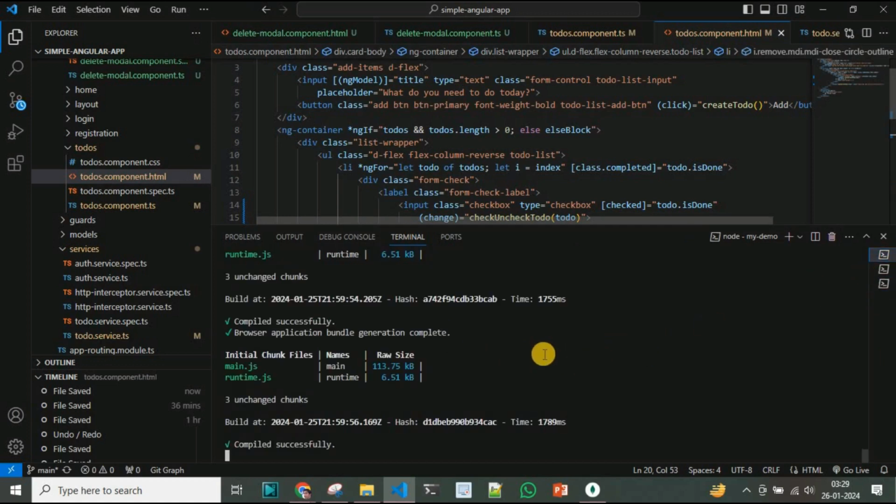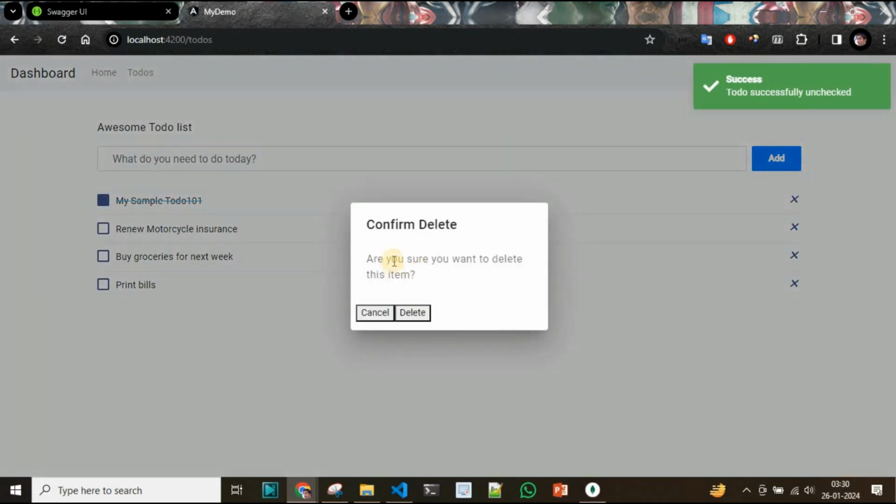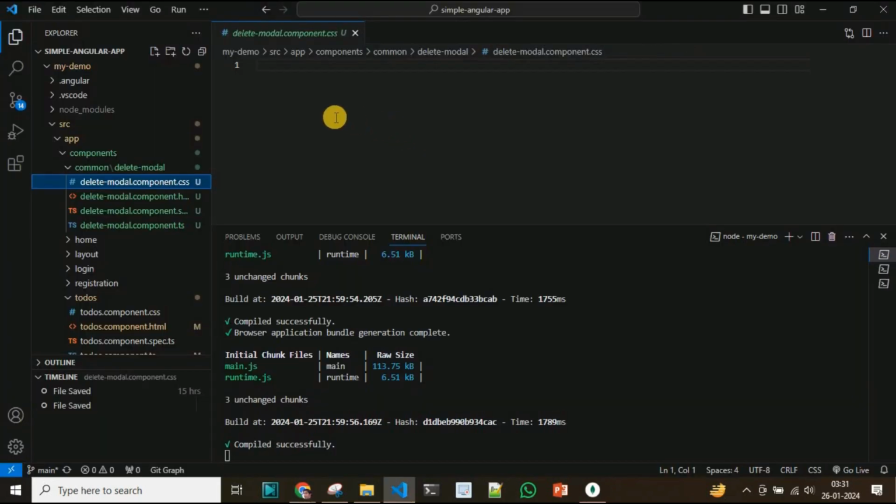It's successfully compiled. Now I will check this delete functionality in the browser. We'll test the delete one. If I click on it, you can see the modal is opened. Confirm it: are you sure you want to delete this item? And here are the cancel and the delete buttons. I will style this button a little bit and fix the position. You can see it's not aligned to this item. So I will go to the delete component.css and